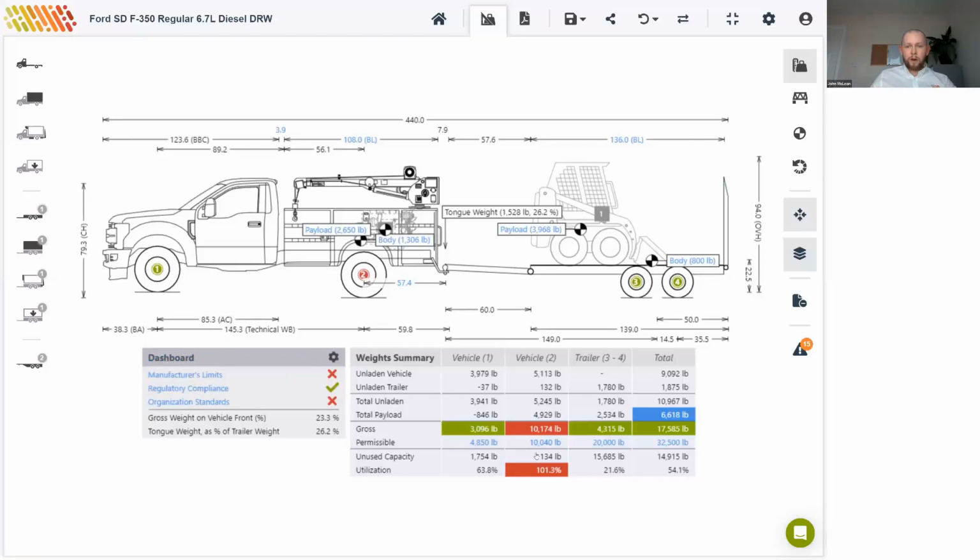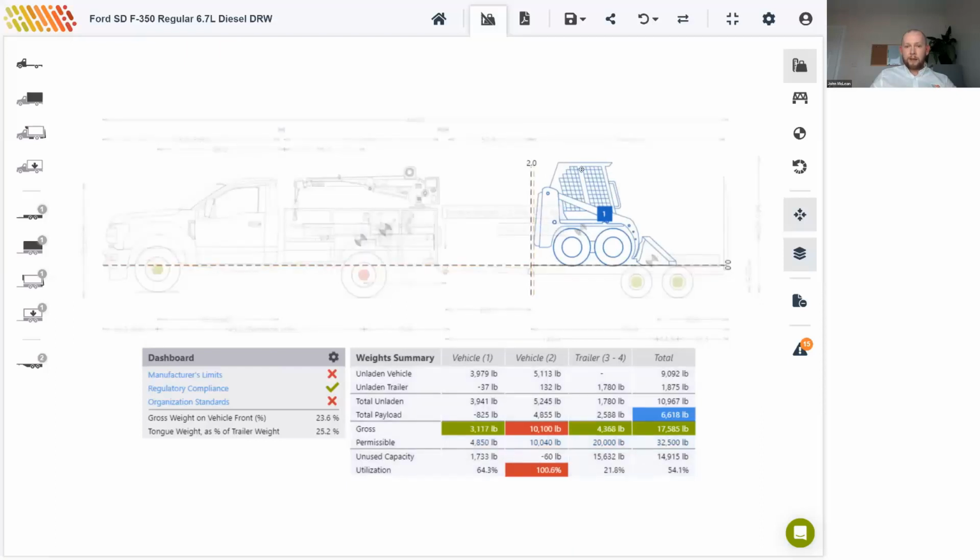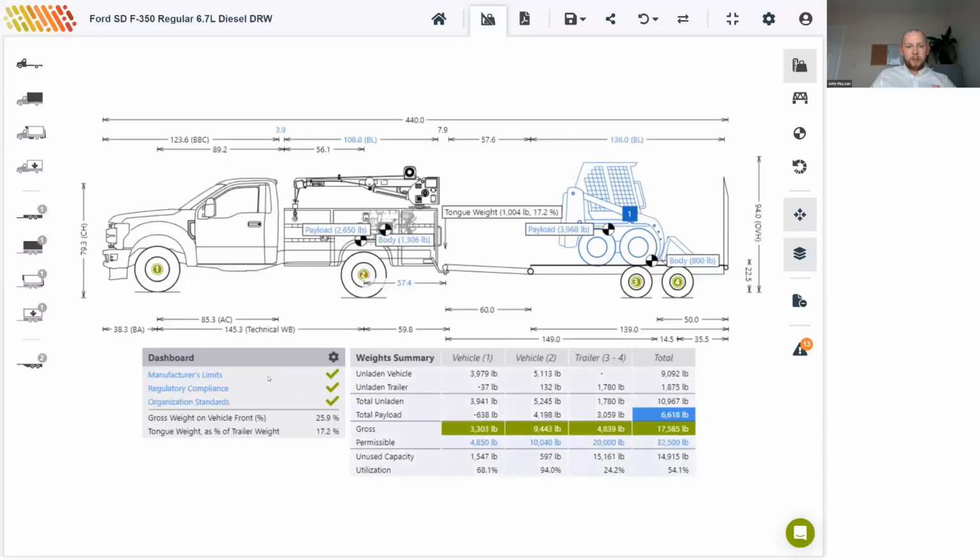And also we're overloaded on our rear axle there. Our utilization score was 101.3%. So a quick way to fix that will be to drag it back. And we can see there we've gone green on all our different limits of compliance and standards there, and also we're okay on all of our